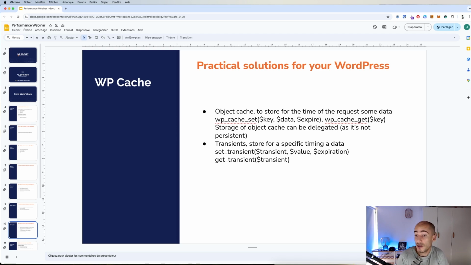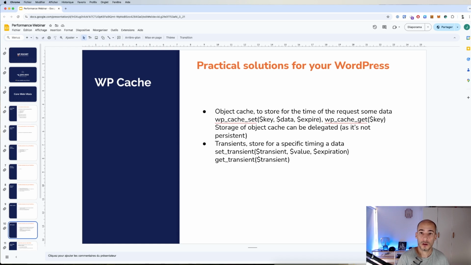This takes a lot of time because there are some big MySQL requests to do that, because we do some exclusion at the same time. So the good solution is to do it once and save the answer, like this number of websites, directly into a transient. For that, we use set transient and get transient. At the end, it's stored in the database, but it's only one small request,